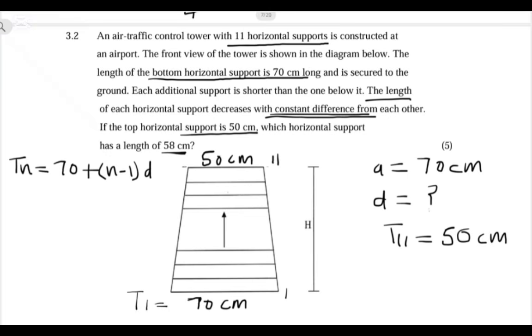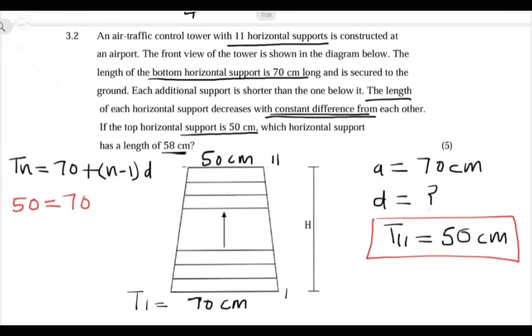Why? Using what? Using this clue that they've given us here. They've given us term number 11. In the question, they didn't specify that this is term number 11. They just say that the horizontal supports that are here are 11, and the top one, which is the last one, is 50 centimeters. So we can assume that the 11th horizontal support is going to be 50 centimeters. So since we know it, we can substitute this 50 here, which is going to be